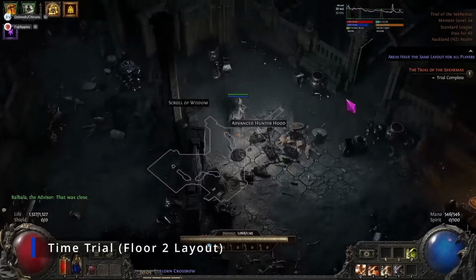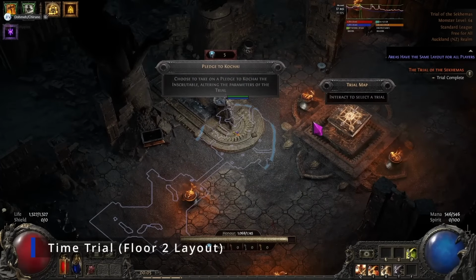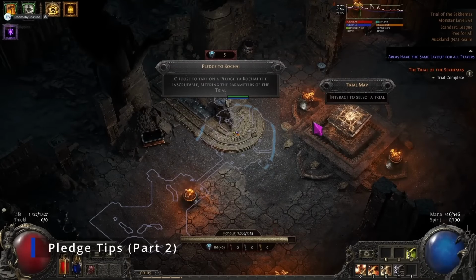Yeah, not much to be said there. Just be careful whenever you encounter one of these rooms, because the layout is slightly different to how floor 1 has it. Coming over to the end of this room, we also have a pledge of the Kochai once again,